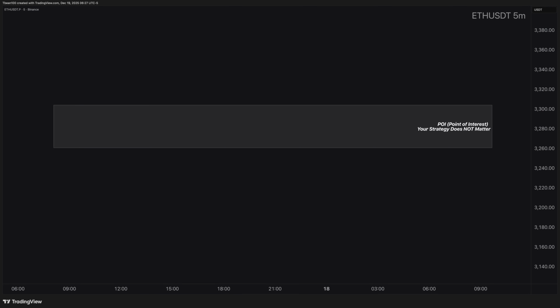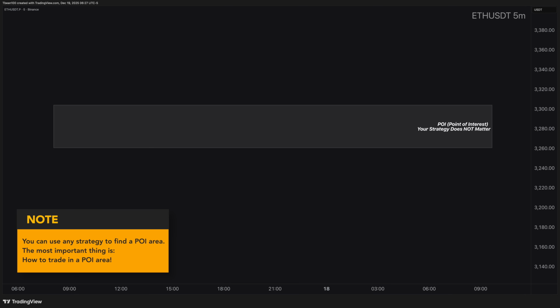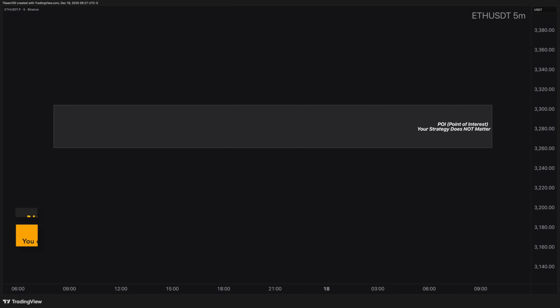Today, let's think about point of interest areas and why they actually matter in trading. In reality, everybody has a different kind of point of interest or POI area they focus on. They might use indicators, simple price action, or even smart money concepts to define those areas. So, overall, you will always have some kind of idea about where your point of interest is on the chart. Now, the most important question is this: when the price comes into your point of interest area, what should we